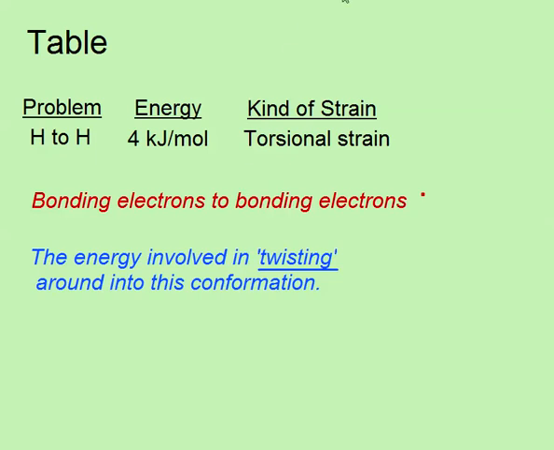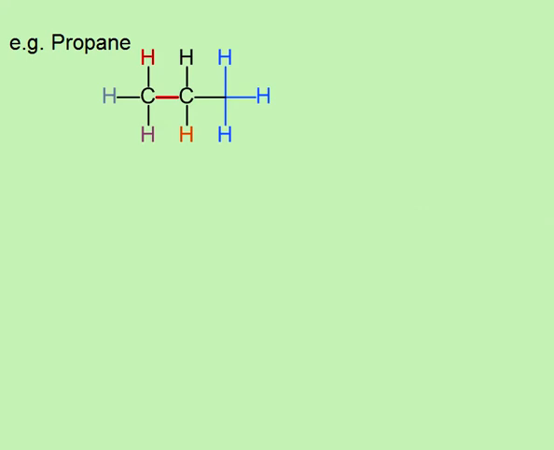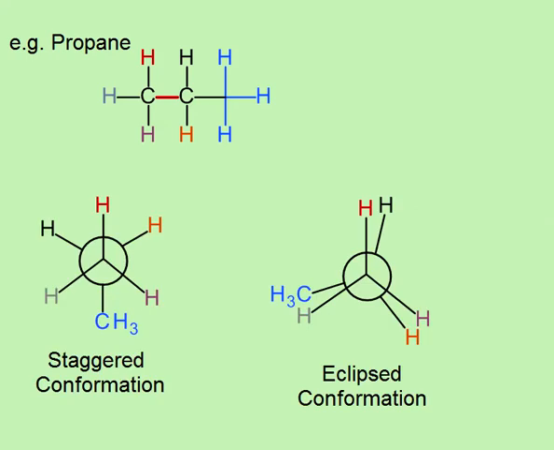Let's look at another example. Let's look at propane. And again, we'll look at the two main conformations, the two extremes, a staggered conformation and an eclipsed conformation, and look at the strain energy we'd associate with these molecules. Again, with the staggered conformation, as we rotate the bonds to keep these CH bonds and methyl groups as far away from each other as possible, that's the low energy form, and we have zero strain energy associated